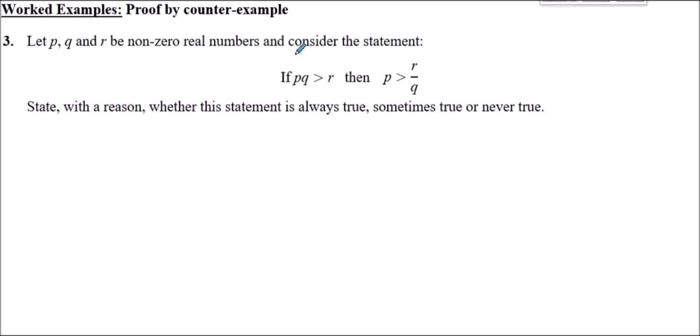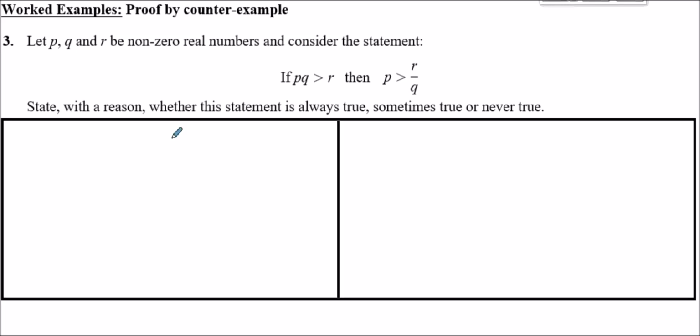So what I'm going to suggest here is we just make up some numbers for p, q and r and just see what drops out. I've said it's to do with positives and negatives perhaps. So let's try a scenario where, first of all, p is 3, q is 2 and r is 4. And so if that's the case, what we'd have is that pq